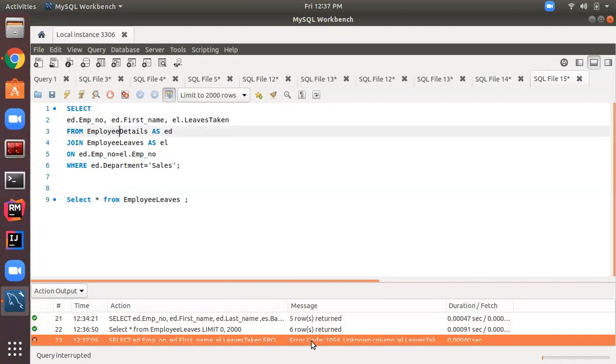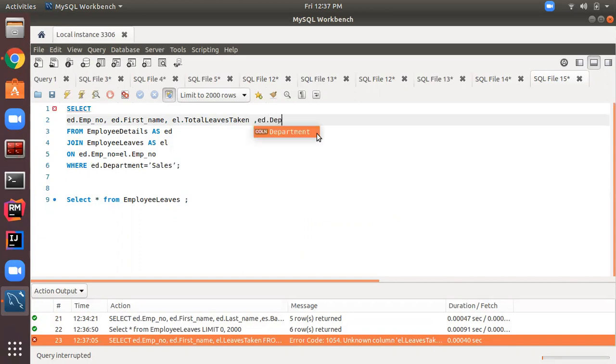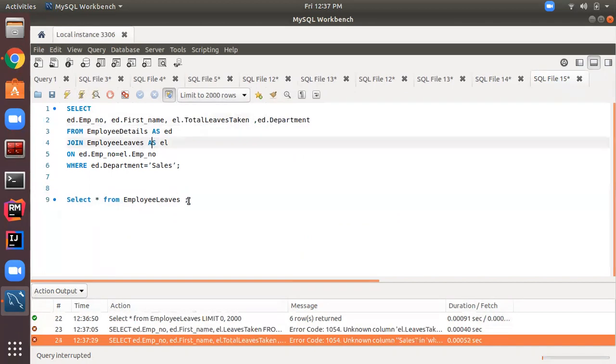Unknown column el.leaves_taken. Sorry, here it should be total leaves taken. Let's run this. Let's display department as well, so that we can verify the result. Department will come from the employee detail table, so I have written ed.department. Let's run this.